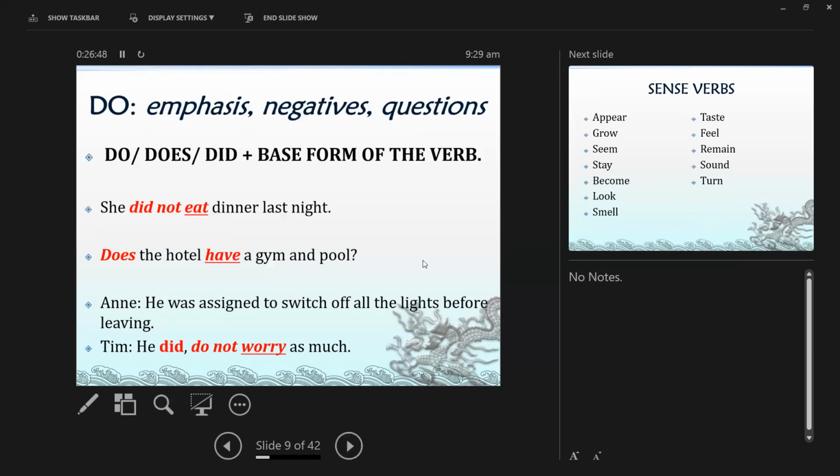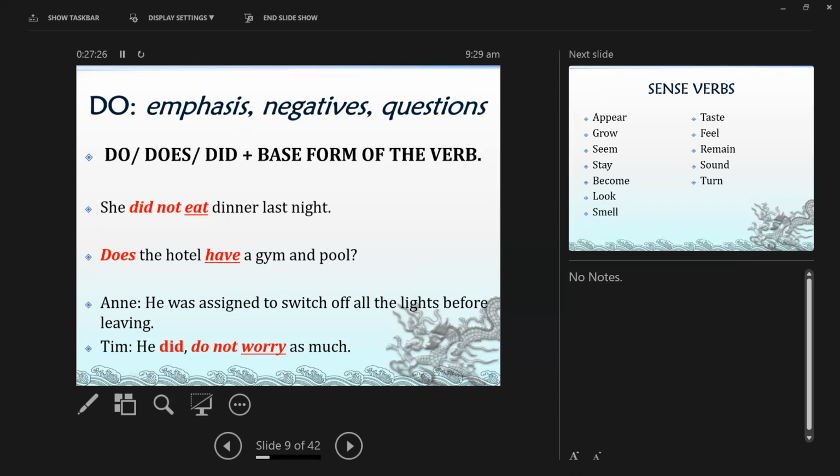So now, our next topic is the do verb. Do, does, did, do. It talks about emphasis, it talks about negatives. You can use do or don't, do not. And then it talks about questions. You use it in questions. For example, do you hear me right now? Don't you know the latest iPhone 16 will be launched? Don't you know that it's not allowed to eat in class?